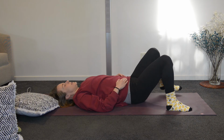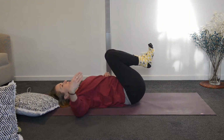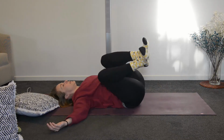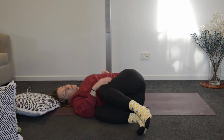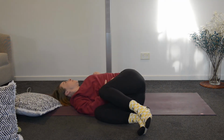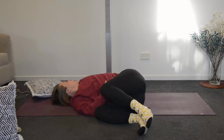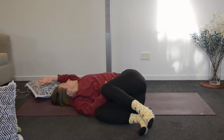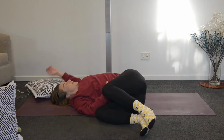And then on the next inhale, hugging your knees in towards your chest, extending your right arm, dropping your knees to the right hand side. You can bring your right hand again to rest on your knees, on your belly, and then working with the left arm again. So taking it up, moving towards behind the head, but just importantly, try